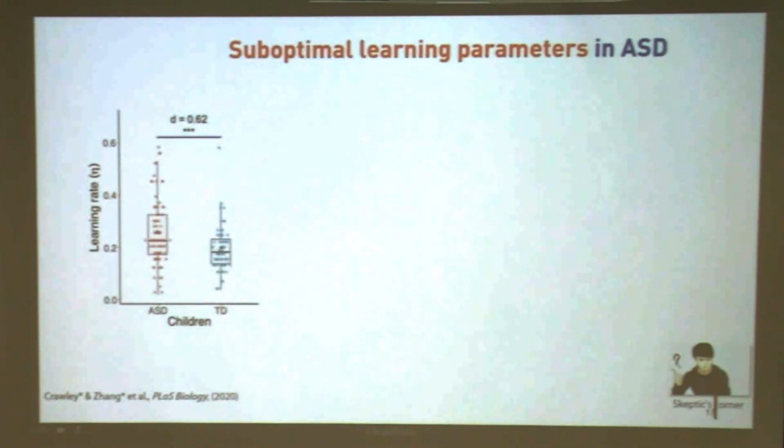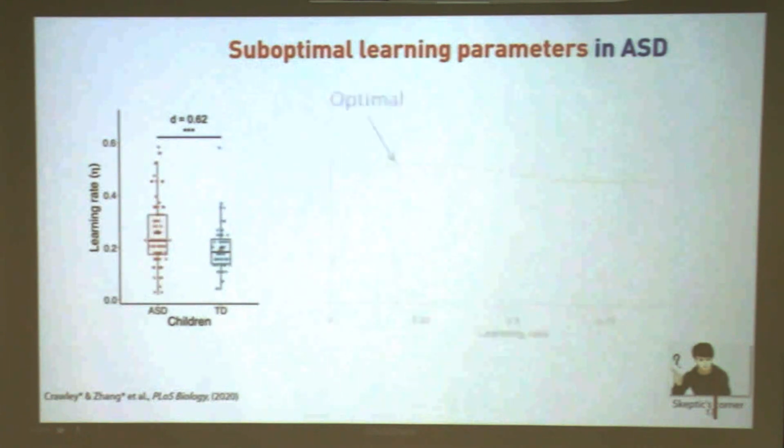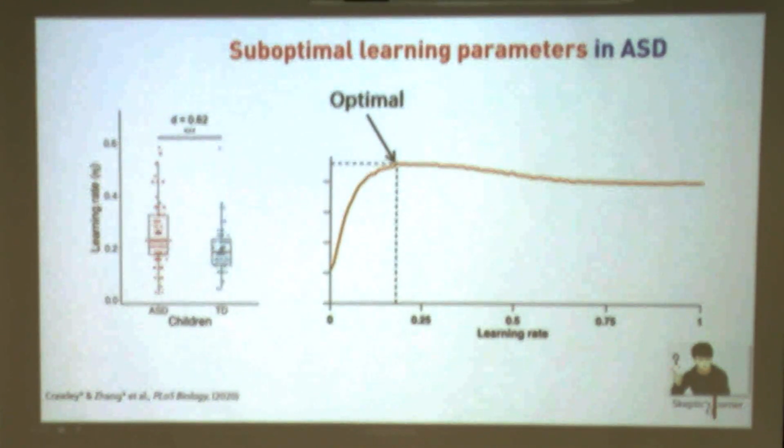It's the opposite. I told you, at least from the data, that the ASD individuals' learning rate is larger than the learning rate of the TD group. So the ASD individuals are learning faster than the TD individuals. Why? Right? This is very confusing in the very beginning. So to understand this, we also have to understand how the model works, according to different learning rate parameters. So what we did is something called a simulation.